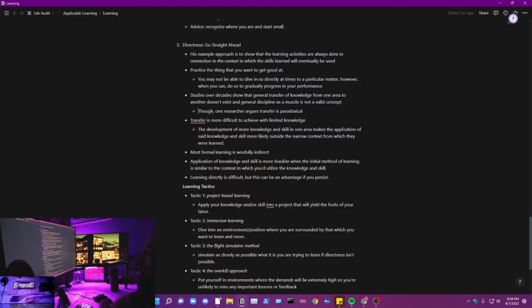An example of that I would give is, say you want to speak a language. There's different ways that you can go about trying to learn how to speak a different language, but what Young would argue, and there's structure to this, so it's not necessarily always going straight deep into this, but what he would argue is, put yourself in a position where you can start attempting to speak the language instead of just being a bookworm and reading flashcards.